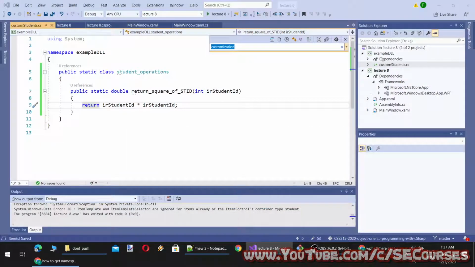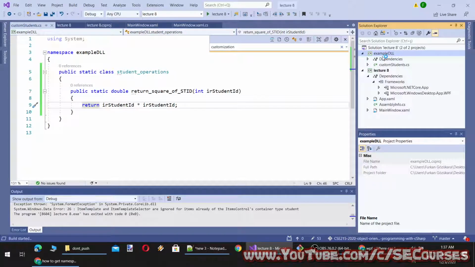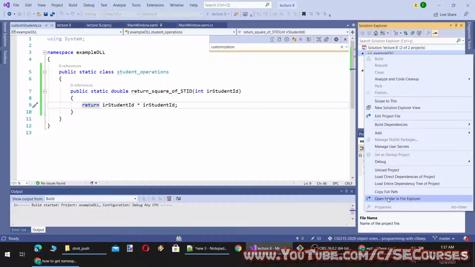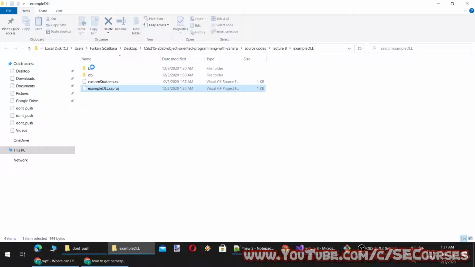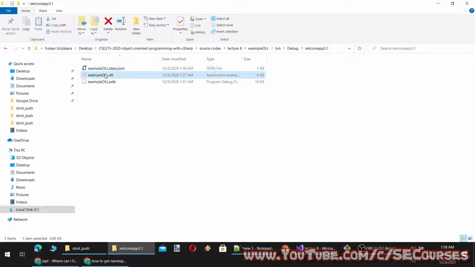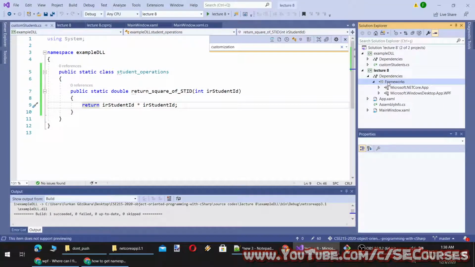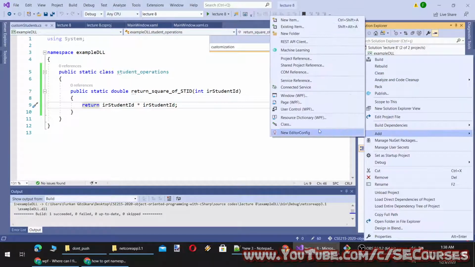And now I will compile this DLL. To do that, I just need to build. And when I open the folder, I open the source. Okay, you see the DLL is generated, and I am going to add that DLL as a reference to my project.